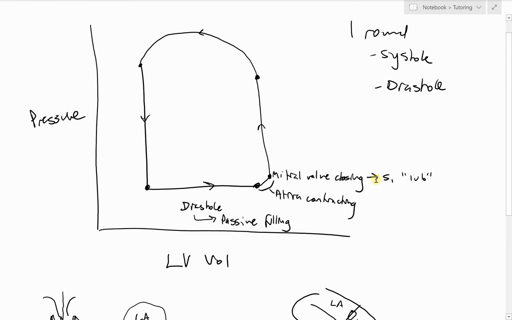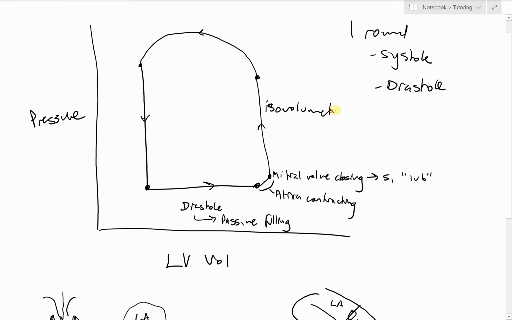So mitral valves close, S1 lub sound. What you can see now here is that our volume, this should be a straight line, by the way, it shouldn't be curving back. But this should be a straight line that goes straight up, indicating that our volume is remaining the same, but our pressure is now increasing. This is what we call